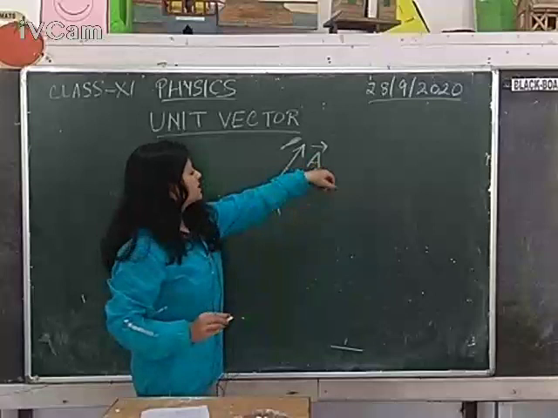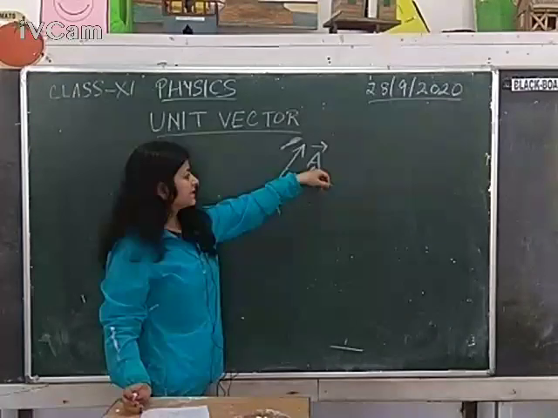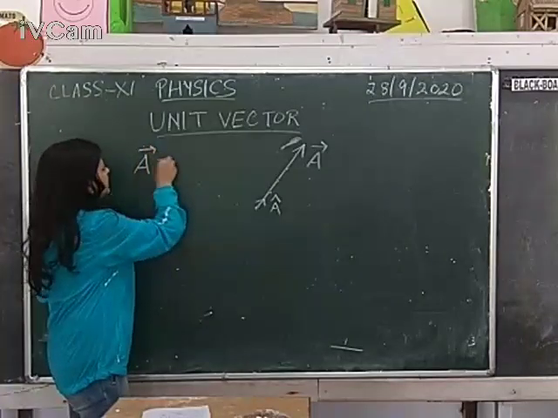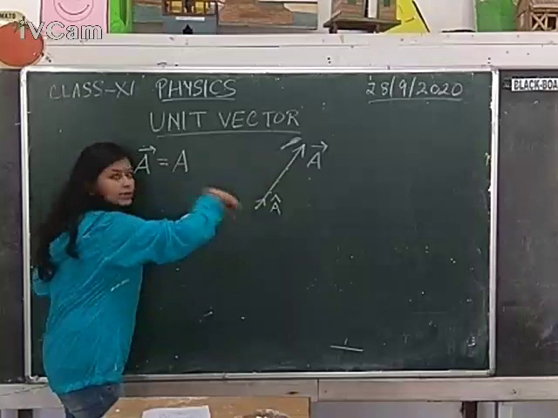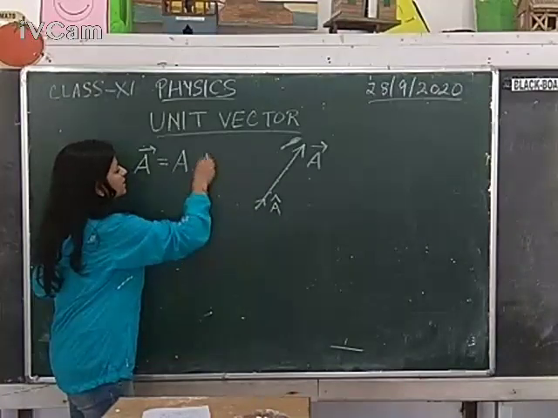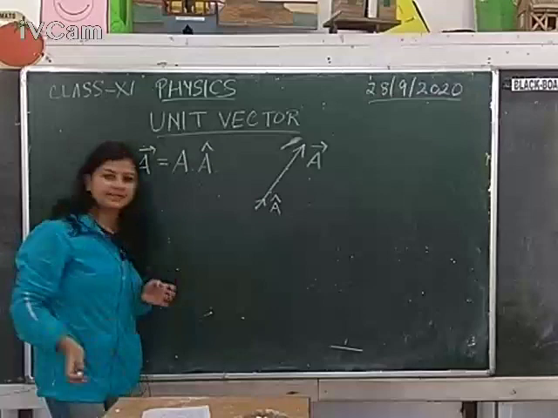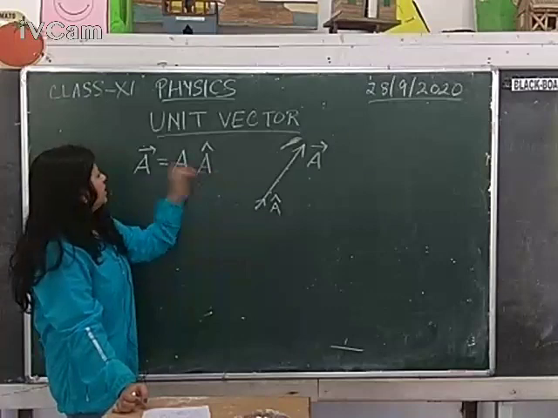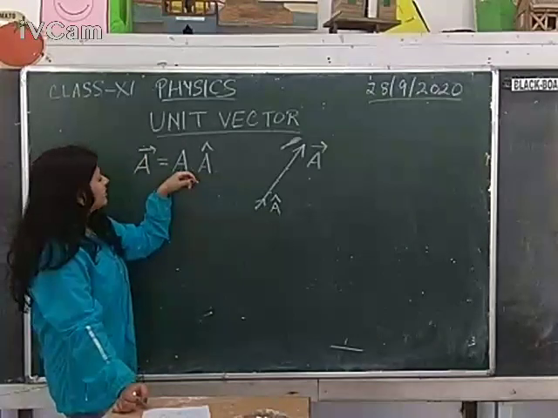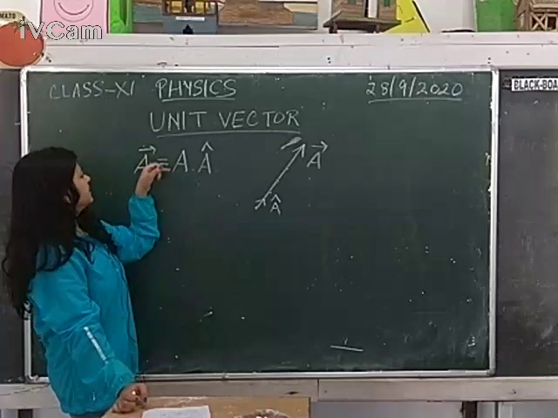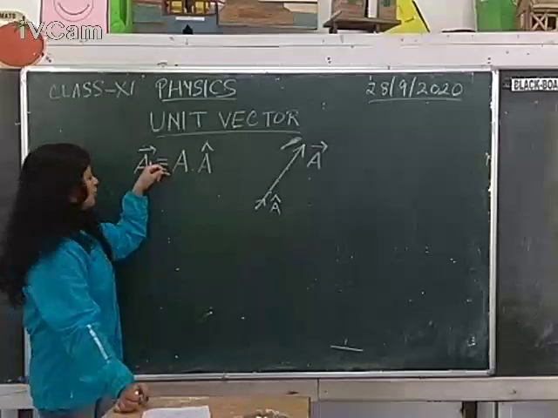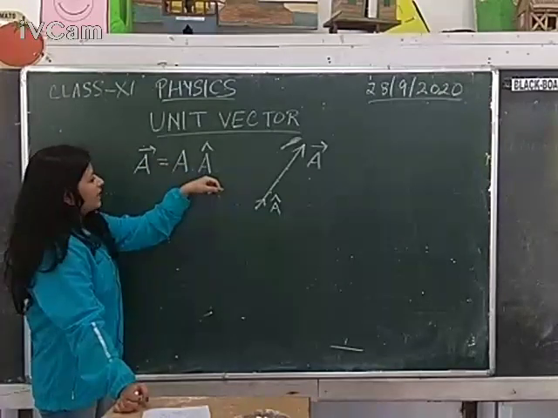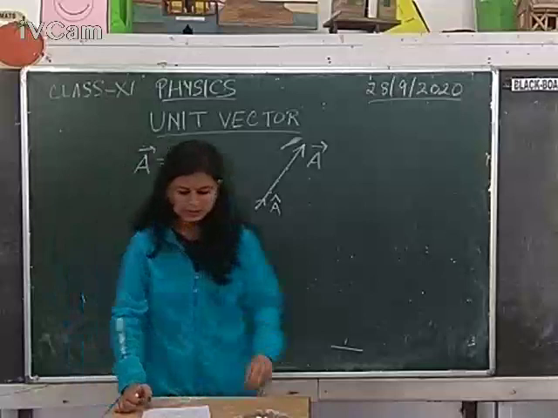Okay. So same A vector, if you want to express it in terms of the unit vector, you will be simply writing A vector is equal to the total magnitude of the vector into the unit vector. So this is how you represent any vector in terms of the unit vector. So if you just put this one, you need not put this arrow. Multiplying the magnitude with the unit vector, you will be getting a complete description of the vector that you are dealing with. That means it will be giving you the magnitude as well as direction. So that is what unit vector means.